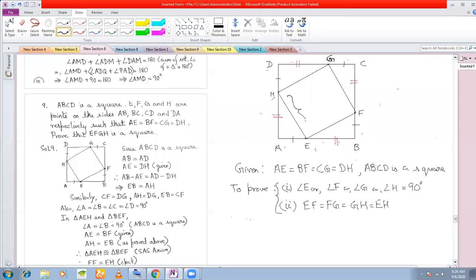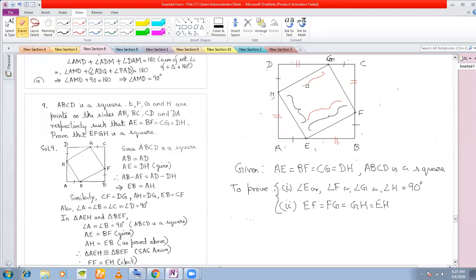That is, this side is equal to this side. Okay. We are going to show that the adjacent sides are equal, because if we can show that the adjacent sides are equal, then we'll show that the opposite sides are also equal. That is, this side is equal to this side. Now, once I show that the adjacent sides are equal and the opposite sides are also equal, then I can say all the sides are equal. Okay, so that is what we are going to show.